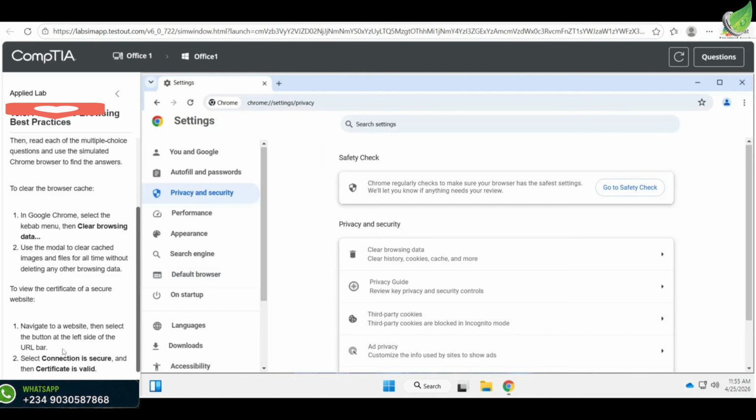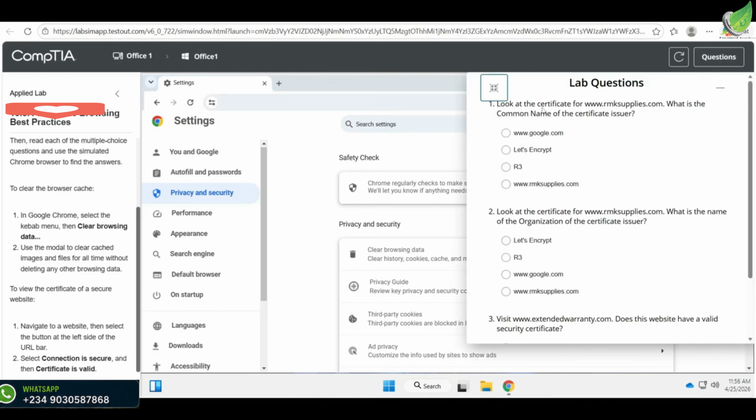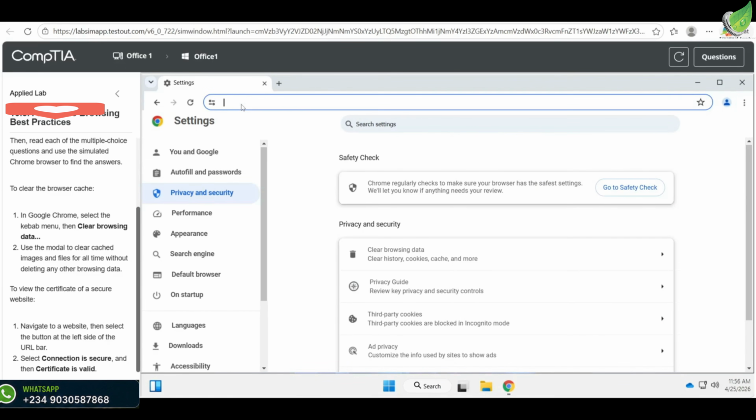So the next task is to navigate to a website and then select the button at the left pane. Alright, so let's look at the first question. Look at the certificate for rmksupplies.com. What is the common name? So here we want to type in www.rmksupplies.com,